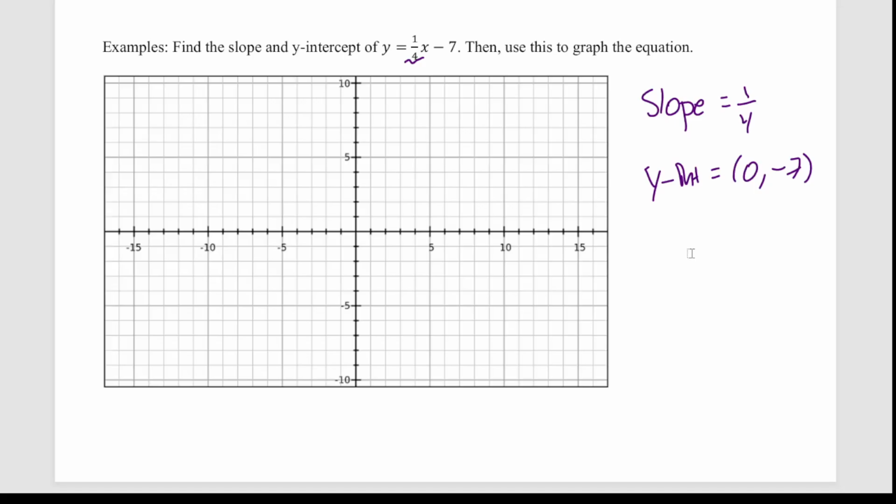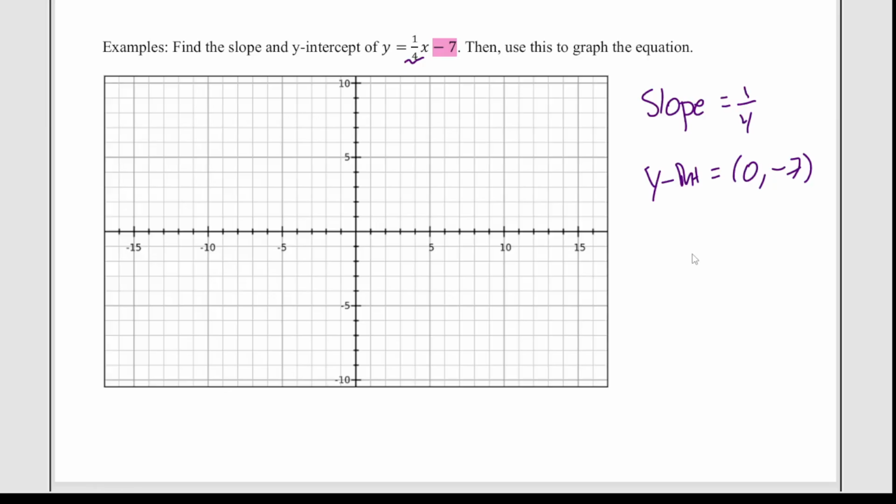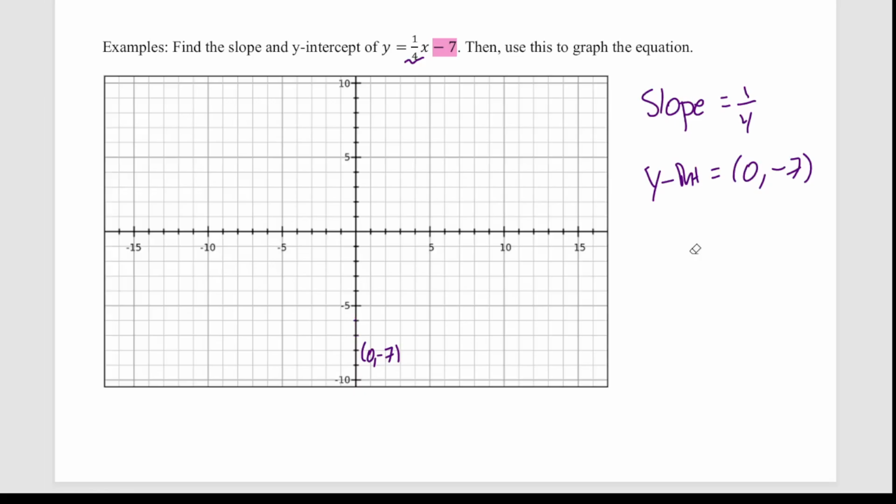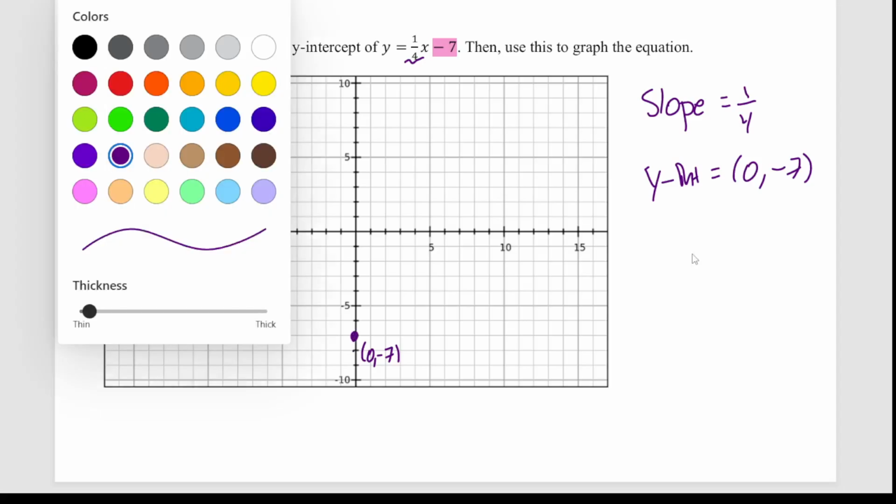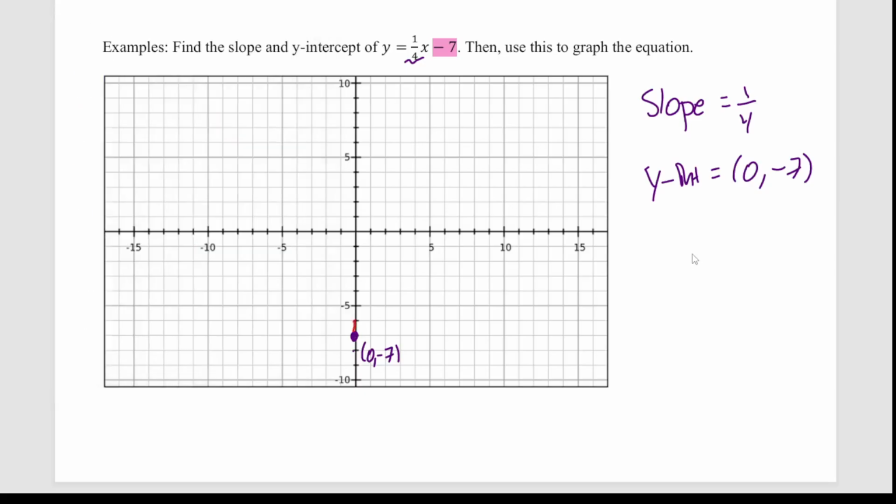Notice how with the y-intercept, the negative is attached to the y-intercept because that's like plus a negative 7. Then we're going to start at our y-intercept, so start down here at the point 0, negative 7, and then move according to the slope. So one direction we can move is, let me actually do the movement with a different color than what I'm actually graphing the line with. 0, negative 7 is here. So we can move up 1, right 1, 2, 3, 4 to get our next point here at 4,